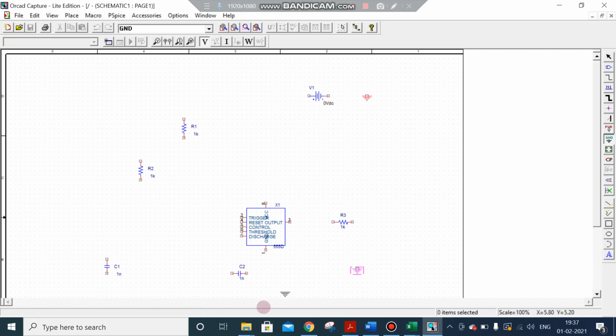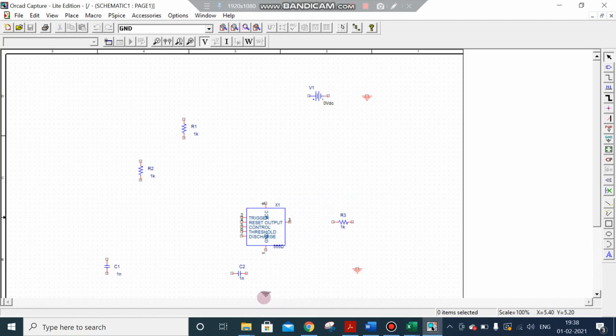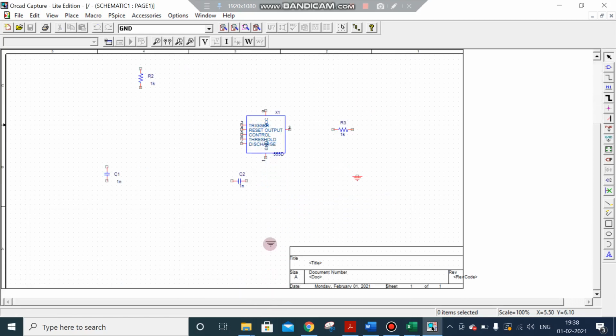Another ground here. Another ground. Then we'll connect all the components using wire.